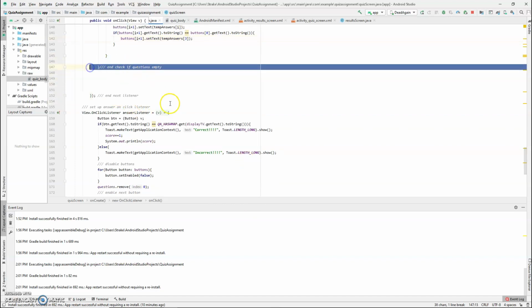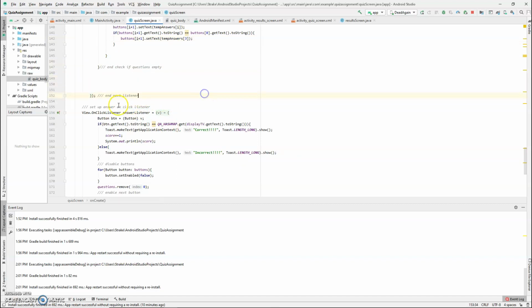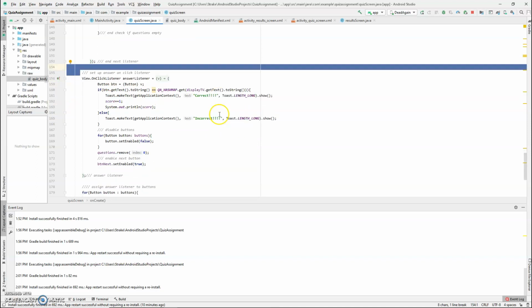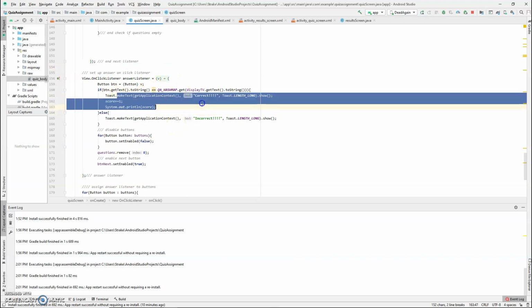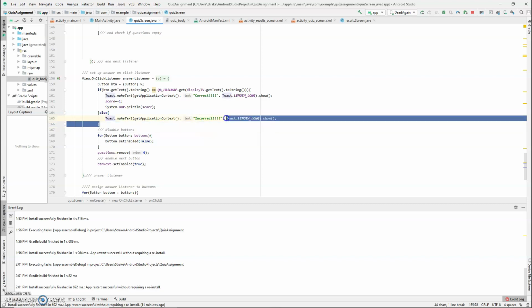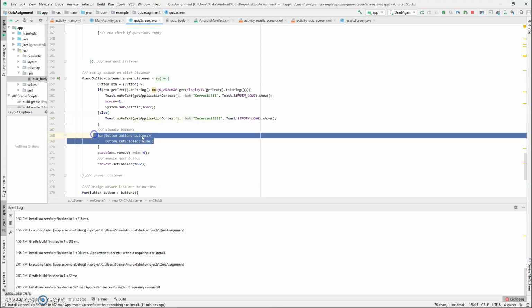And then that ends the check questions are empty, which ends the behavior, and that ends the listener entirely. And then I have the answer click listener, and this essentially, when you click an answer, will test that answer against the hash map to see if the value is actually true, and I'll make a toast saying correct or make a toast saying incorrect. Then it disables all of the buttons,